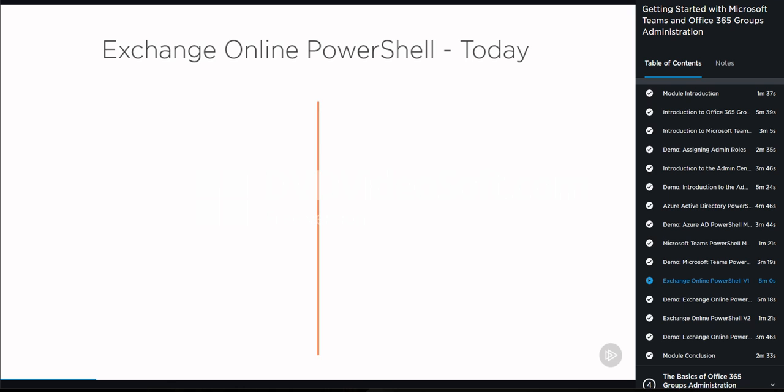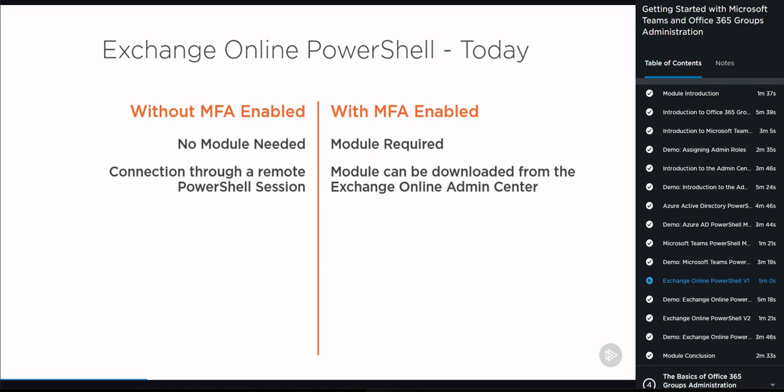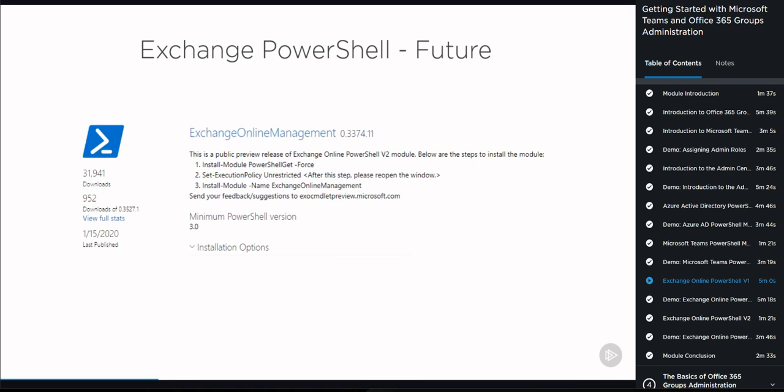Since connecting with the V1 Exchange PowerShell module and the V2 are different, let's start with the current version that's production today. So let's start with Exchange Online PowerShell V1. So first of all, the remote PowerShell session, so without multi-factor authentication enabled. First, we'll get the credentials and save them in the cred variable as we have seen before, and then establish the connection. So we'll run the new PS session command giving it the configuration name, connection URL, credential, authentication, and